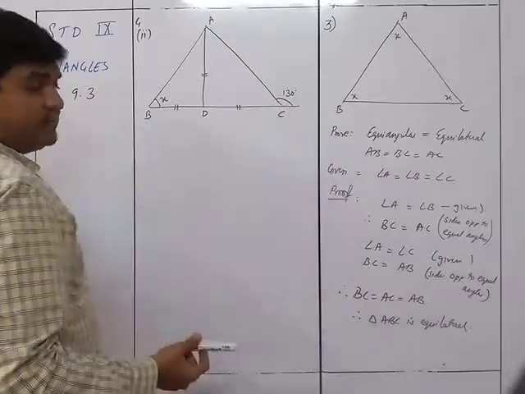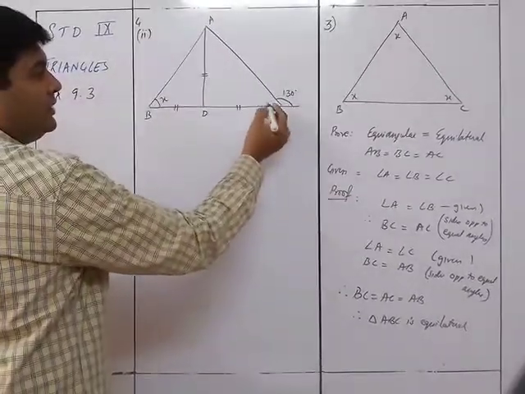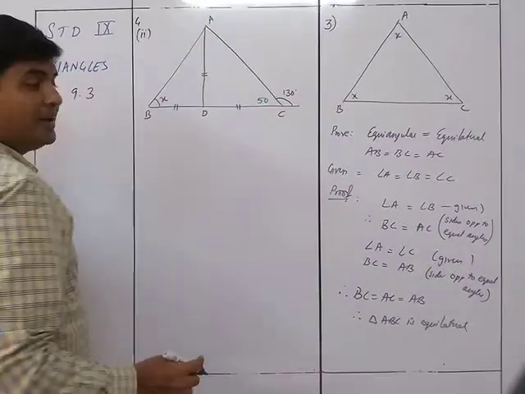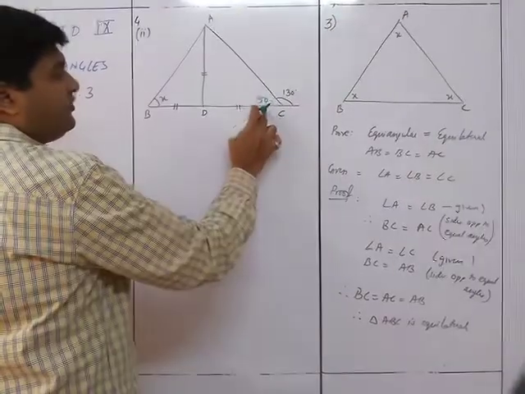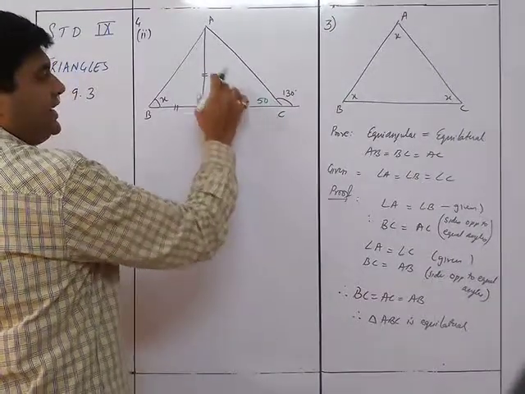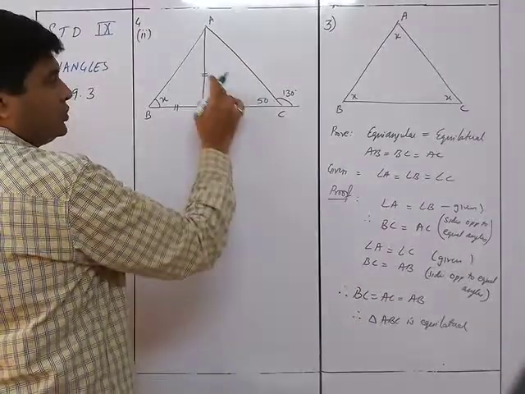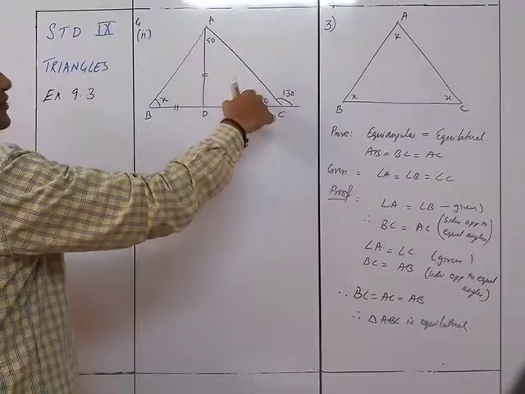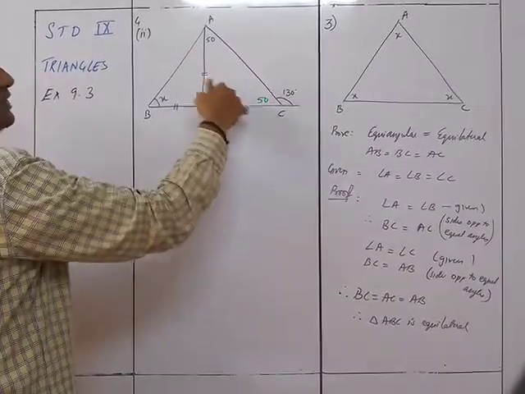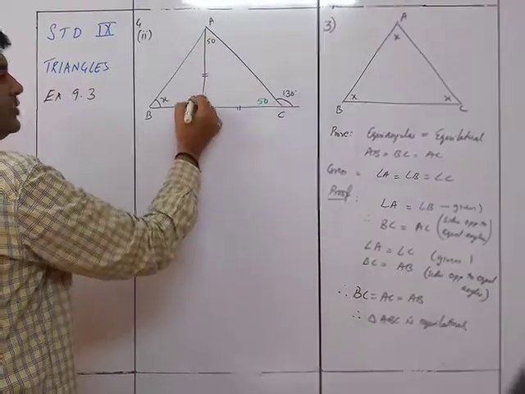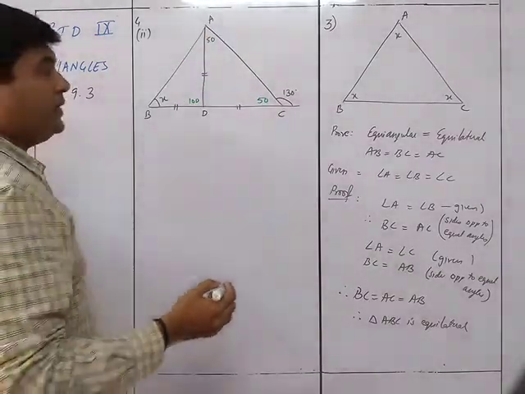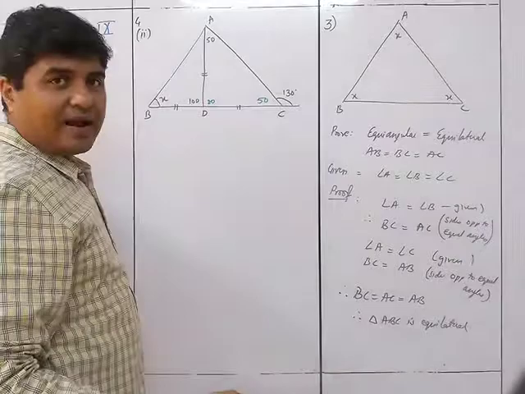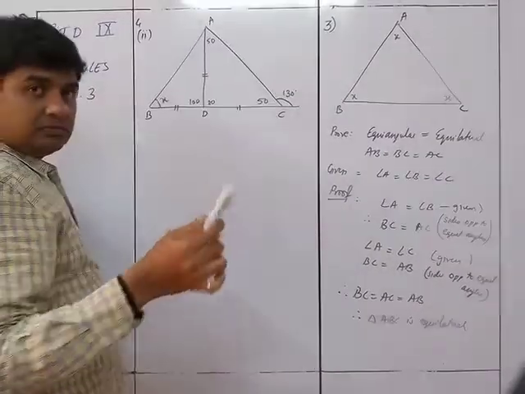This angle is 130. If this is 130, the inside over here will be equal to 50 degrees, linear pair. If this is 50, opposite sides are equal, so opposite angles will be equal. So this is 50, so this is also 50. If this is 50 and this is 50, this becomes the exterior angle of the triangle. So that will be the sum of the interior angles, that will be 100. If that doesn't strike you, you can also do it this way. This is 50, this is 50, so this will be 80 by sum of the angles of a triangle. So if this is 80, by linear pair it will be 100.